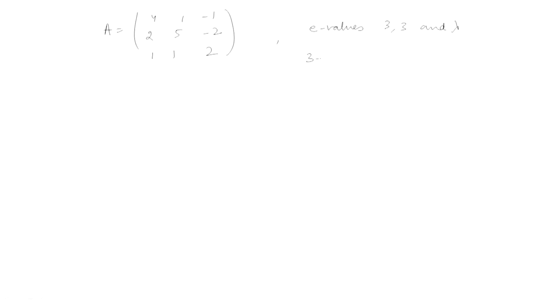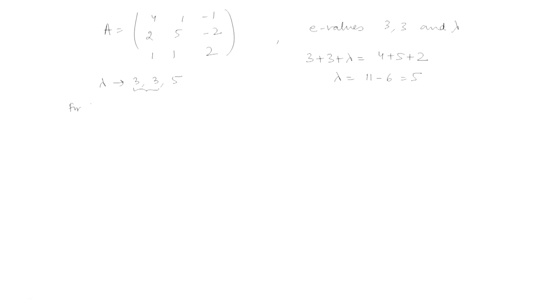The sum of eigenvalues is equal to the trace of A. So, lambda will be 9 plus 2, 11; 11 minus 6, that is 5. So, we can say that the eigenvalues of this A are 3, 3 and 5. So, we will find the number of linearly independent eigenvectors corresponding to lambda equal to 3 first.